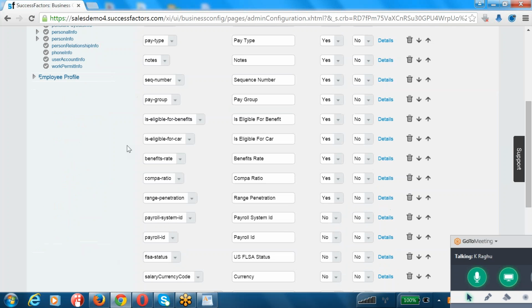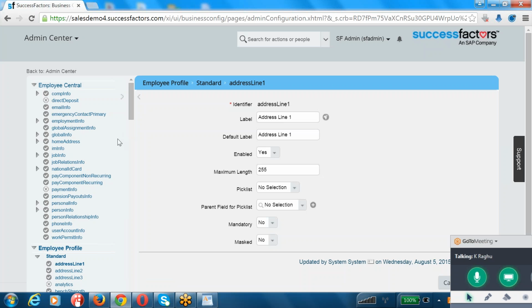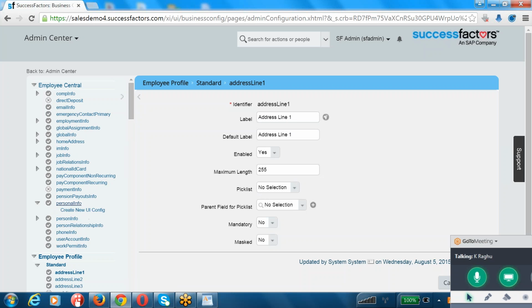we can change the things related to your succession data model from your instance itself without working on the XML file, guys. Similar kind of changes, whatever we did on the XML file for the employee profile, can be accomplished from this business configuration UI tool itself. You can see all the properties of each field, whatever you're showing on the employee profile. All those properties. Let's say you're interested in changing the personal information,